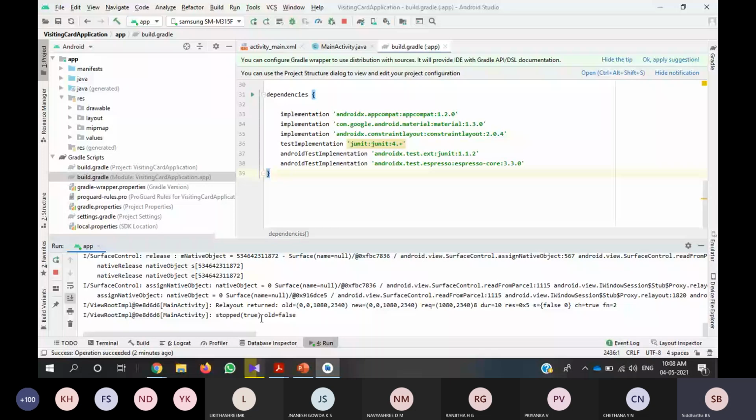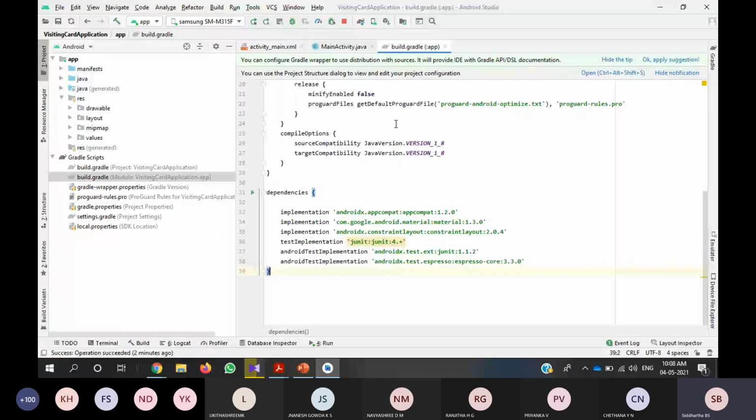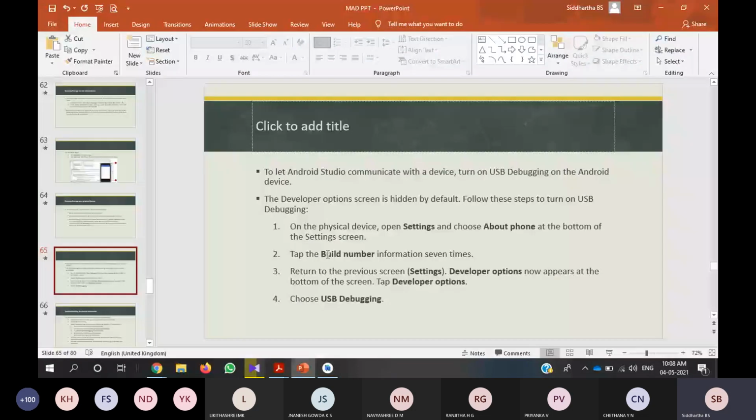So how do you stop this? Here, stop the app. You need to stop it by clicking this icon in your menu bar. So click on Stop. The stop process is completed. Understood? I am explaining in detail here because you should know all these things when you are working on your lab. So this is one part. If you have trouble with USB debugging, what do you need to do? Troubleshooting the device connection.